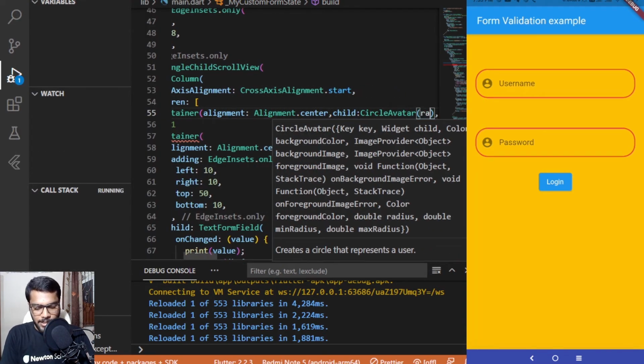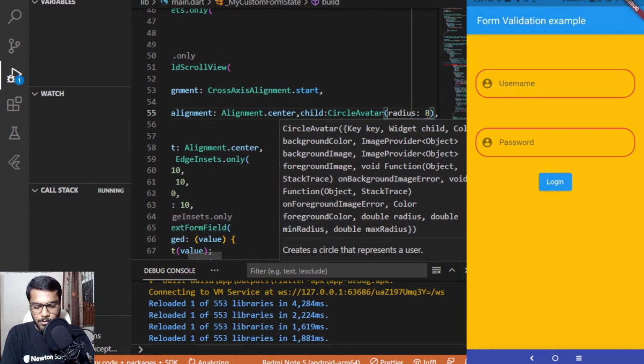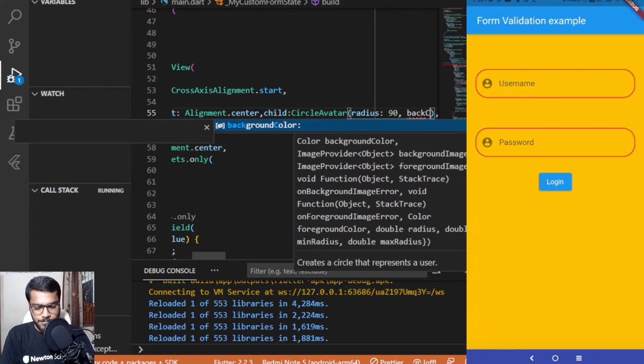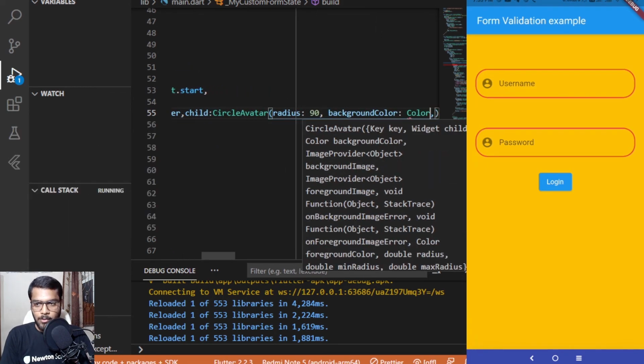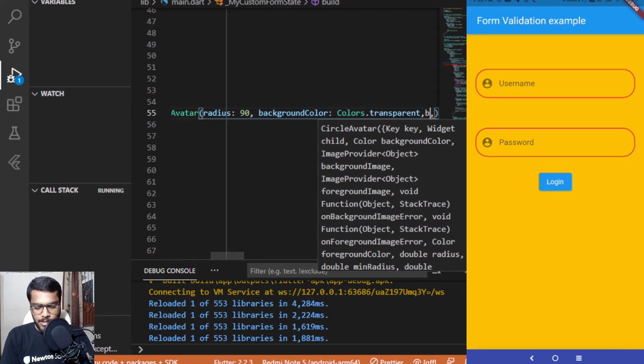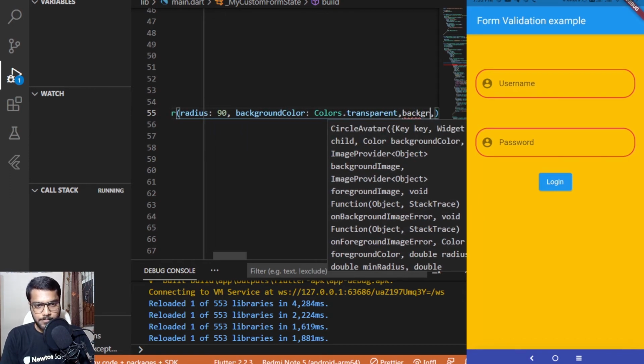Herein I need to pass the radius which would be equal to 90 for our case, the background color which would be equal to Colors.transparent, and the background image